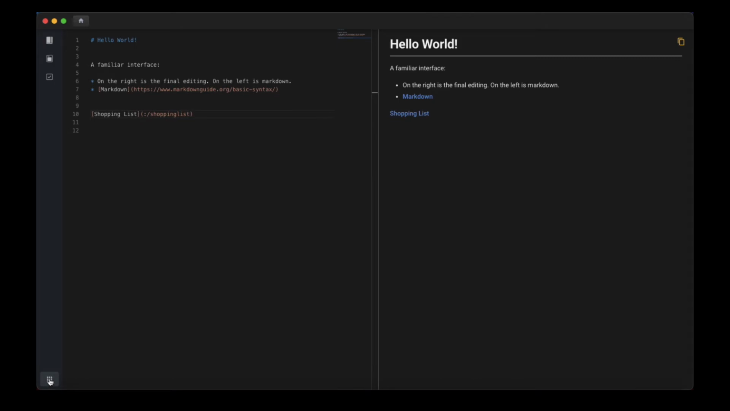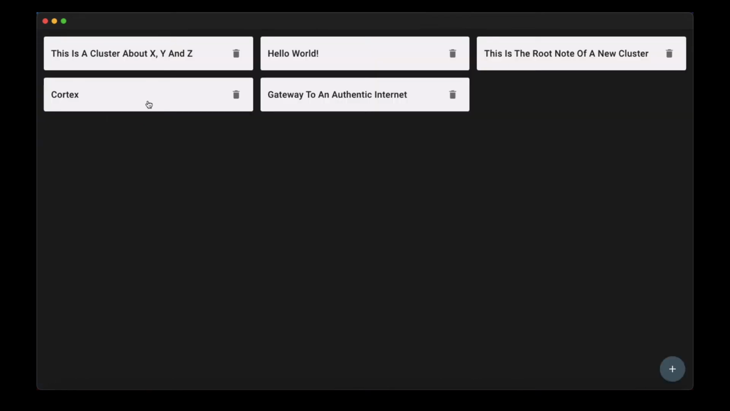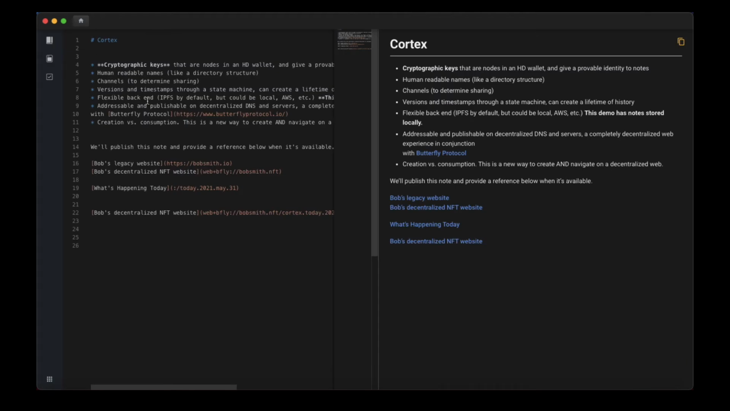Use this button on the bottom left to go back to the main page. And let's talk a little bit about what makes Cortex unique. As I mentioned, there are cryptographic keys that are associated with each note, or each node in the HD wallet, that is linked to a backend data store that can live just about anywhere. The default is going to be IPFS, and in this demo video, things are stored locally, but in the next few weeks, we'll have a demo running on IPFS that I'll also put on this channel. And this is going to open up a lot of new